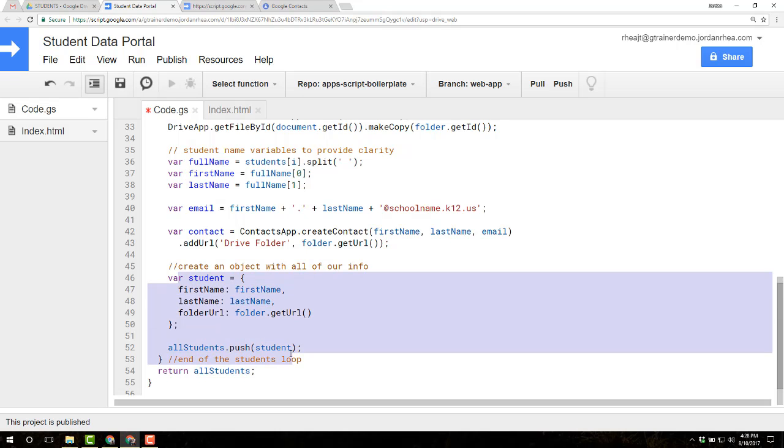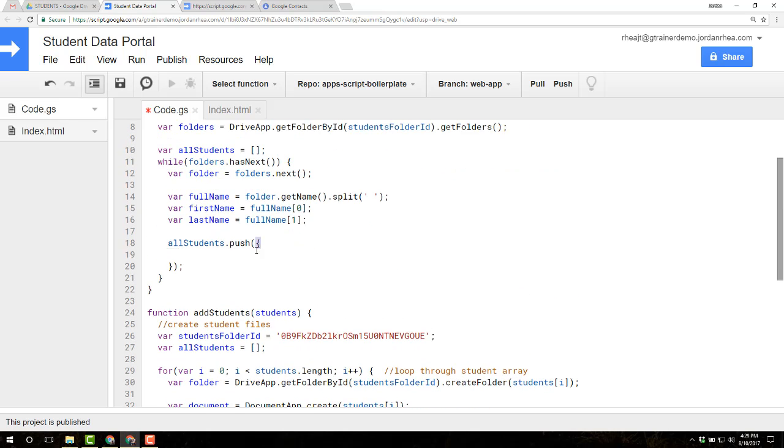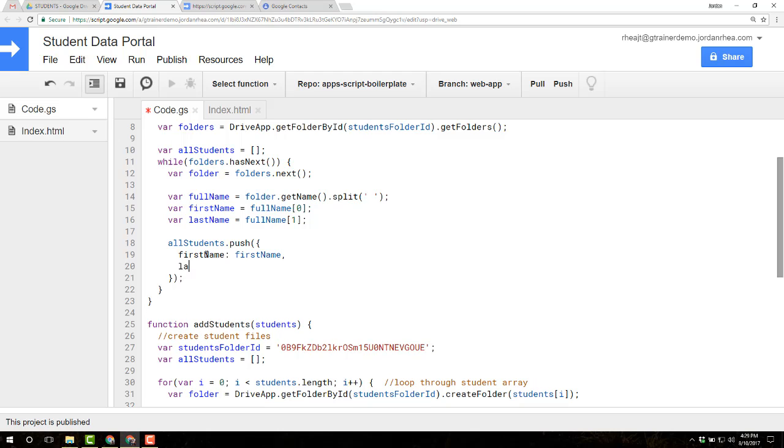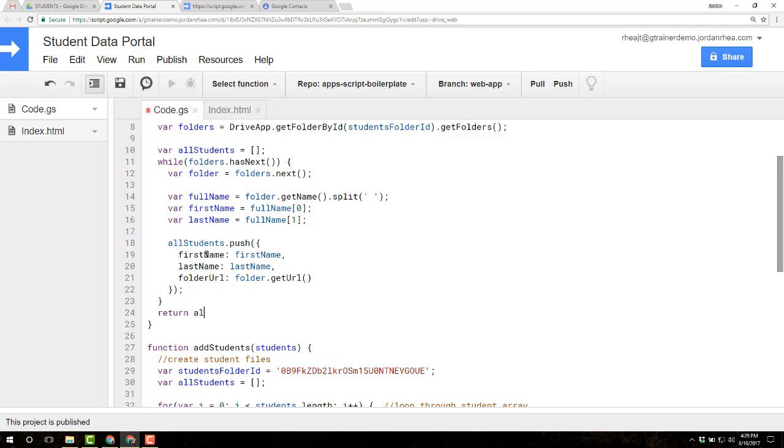This is just a different way of doing the exact same thing. Here I'm creating a student object and then pushing that in. I'm not even gonna name the object this time. I'm gonna push it right in here. I want a first name, and that's gonna be first name. I want a last name. That's gonna be last name. And then I want folder URL, and that's going to be folder get URL. Perfect. No semicolon there. And at the end, after this while loop is all over, I'm going to return all